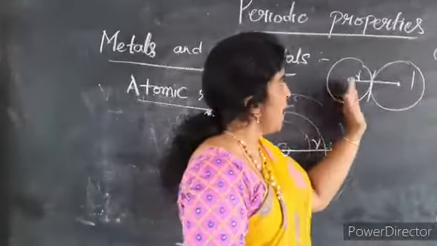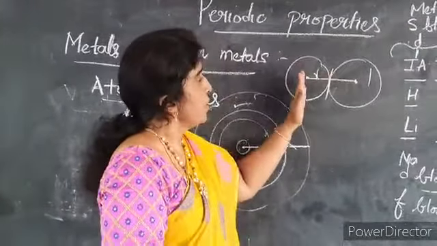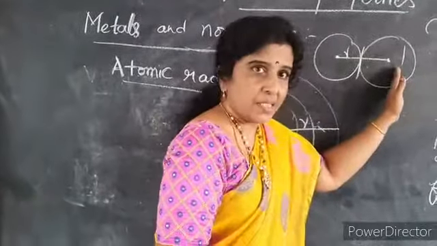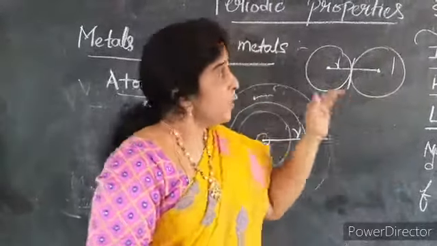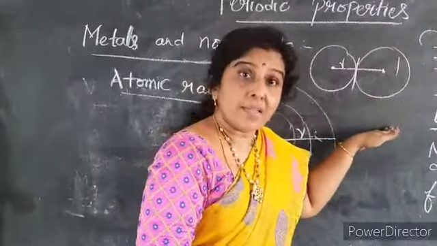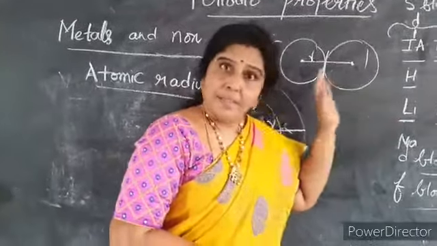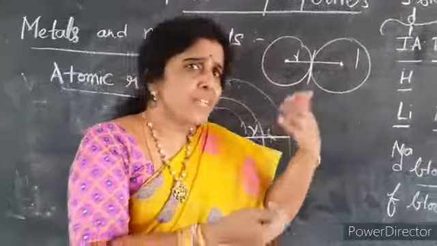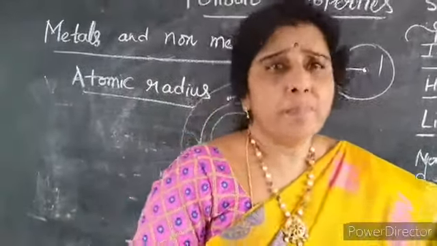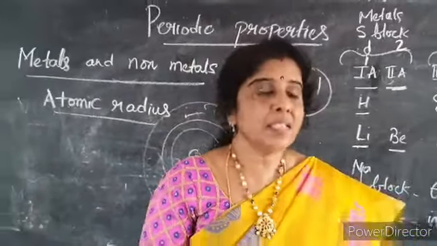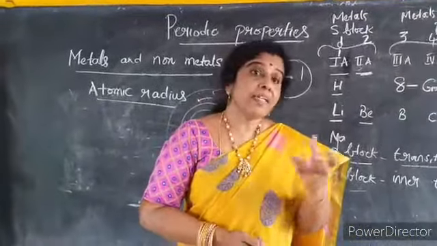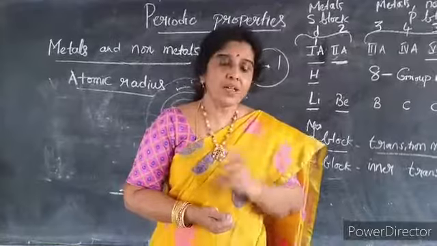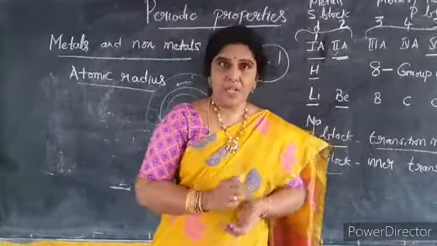So we have to take the distance from the center of one atom to the center of the adjacent atom, and half of it will become the atomic radius. If the elements are in the solid state, we can calculate the atomic radius this way. Anyhow, 75% of the elements are metals. Whereas in the case of gases, you can calculate by taking molecules, covalent molecules formed by a covalent bond.